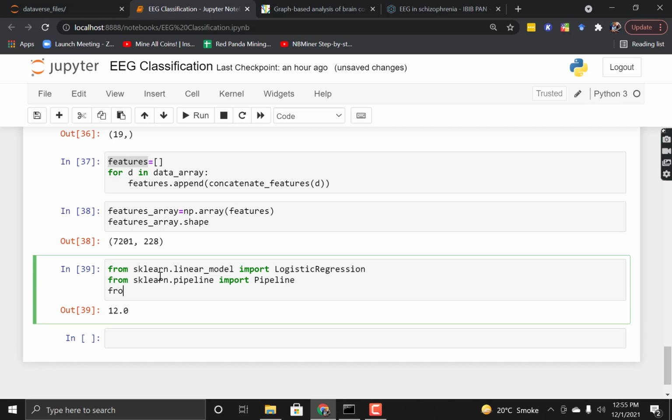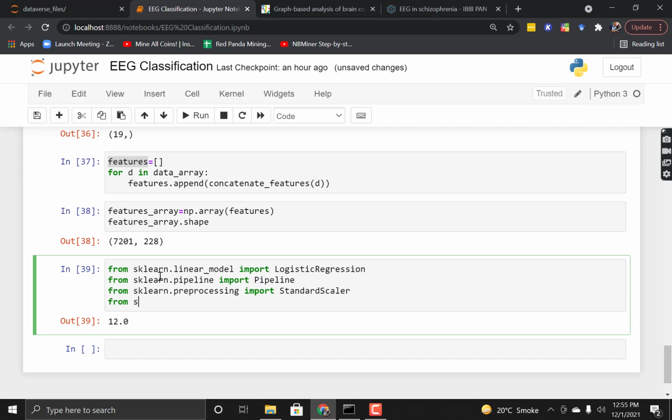For the scaling we will use StandardScaler, from sklearn.preprocessing import StandardScaler. From sklearn.model_selection import GroupKFold. This is the reason we created the groups, because we want to split based on the groups, not on the basis of the trial. We want to split based on the subjects.